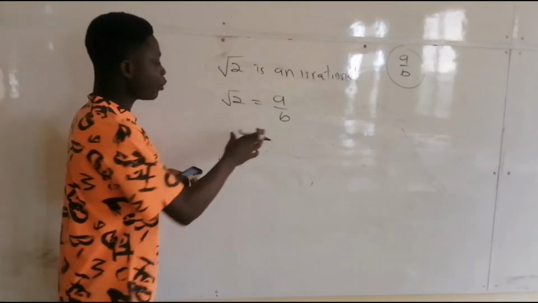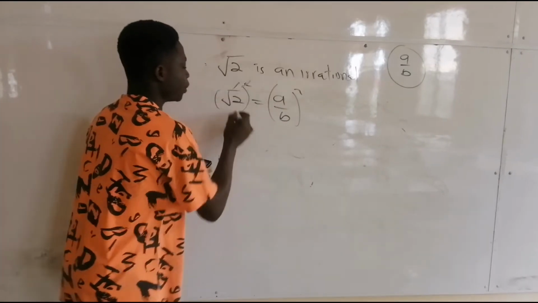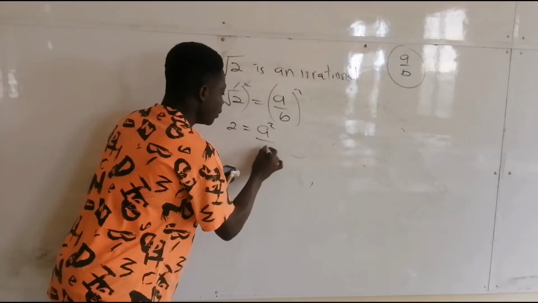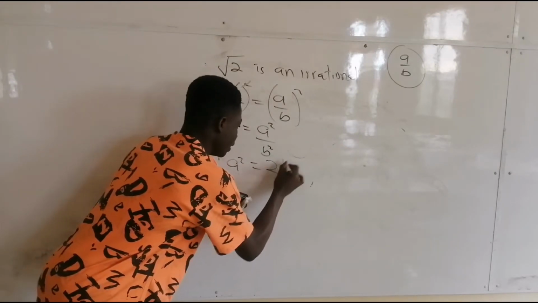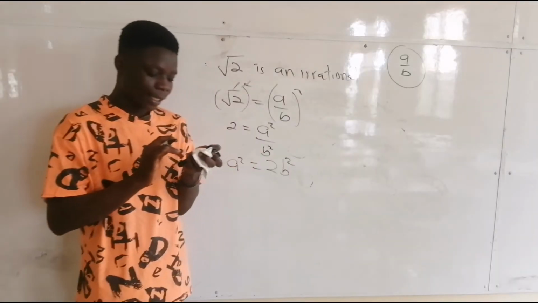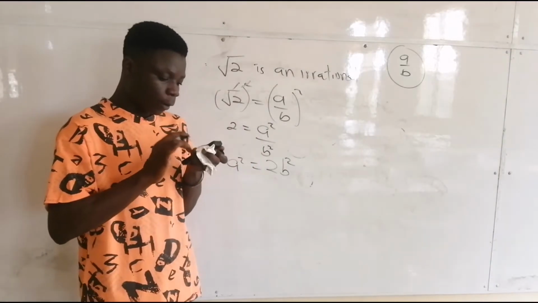Then, let's try to simplify this. So this will be squared, and this will be squared. So this will cancel. So you're going to get 2 is equal to A squared over B squared. Then, you're going to get A squared is equal to 2B squared. And when you do that correctly,